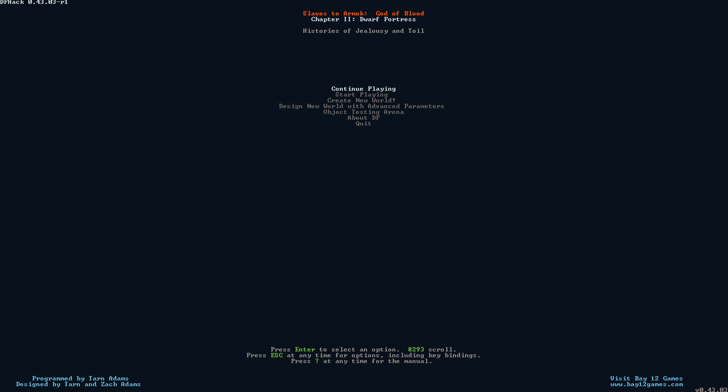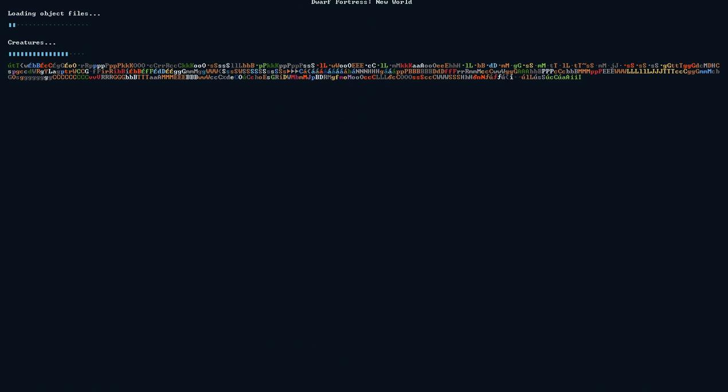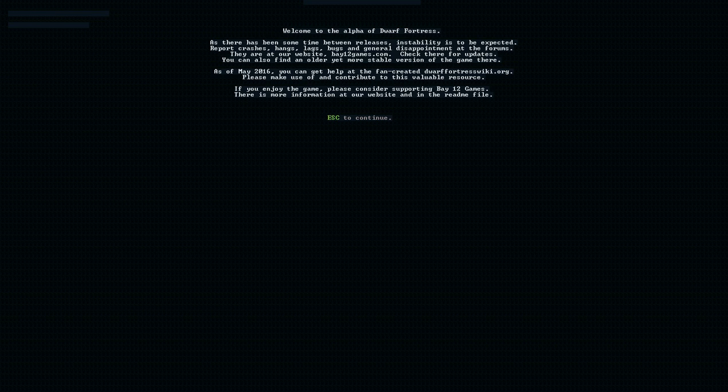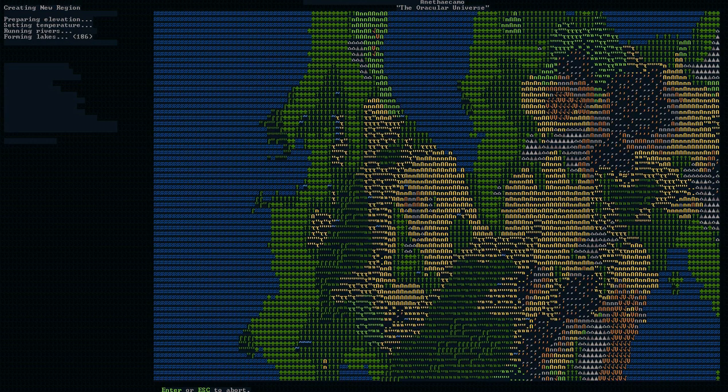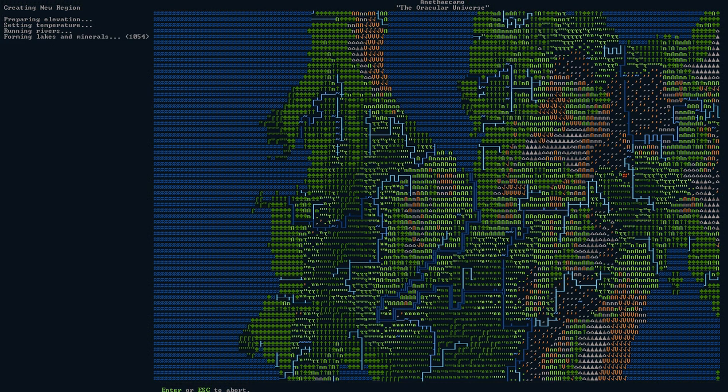It should be pretty good. And now we're going to design a new world with advanced parameters one more time. And we're going to do our YouTube tutorial. And yes, this looks like the world that we just generated. So as you can see, using Perfect World to do your height maps isn't a bad way to go about